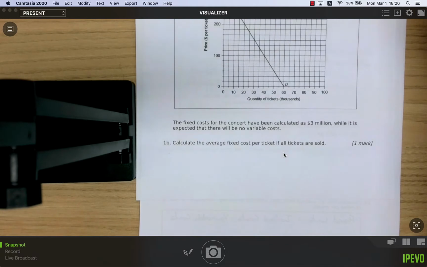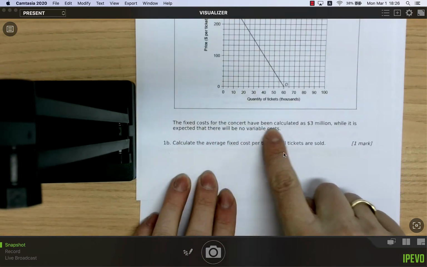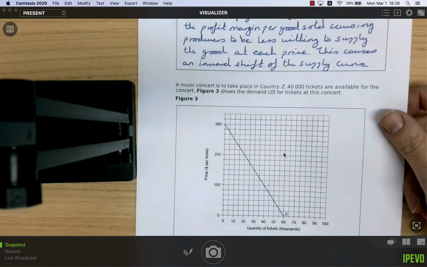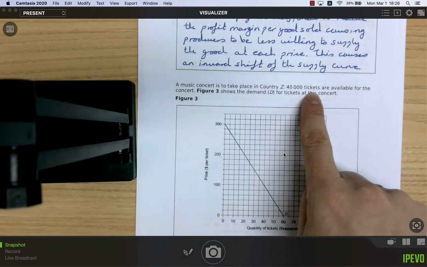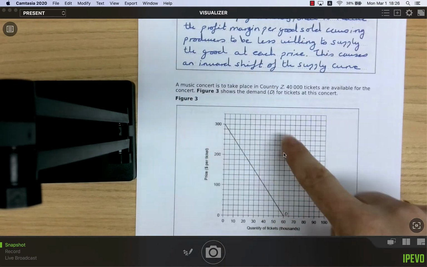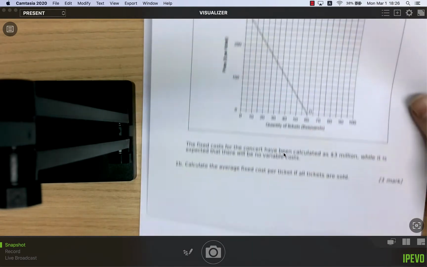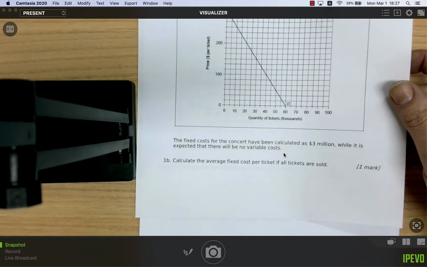Okay, now calculate the average cost of production if all tickets are sold. Now, it's the average fixed cost of production. Well, we need to know what the fixed costs are, and we said the fixed costs for the concert have been calculated at $3 million. Actually, I suppose I should give you a bit of background on this question too. A music concert to take place in country Z, right? And 40,000 tickets are available for the concert. And figure 3, which is down here, shows the demand. Now again, I'm omitting those questions because they're not to do with cost. So it says there's 40,000 tickets, fixed costs are $3 million, and